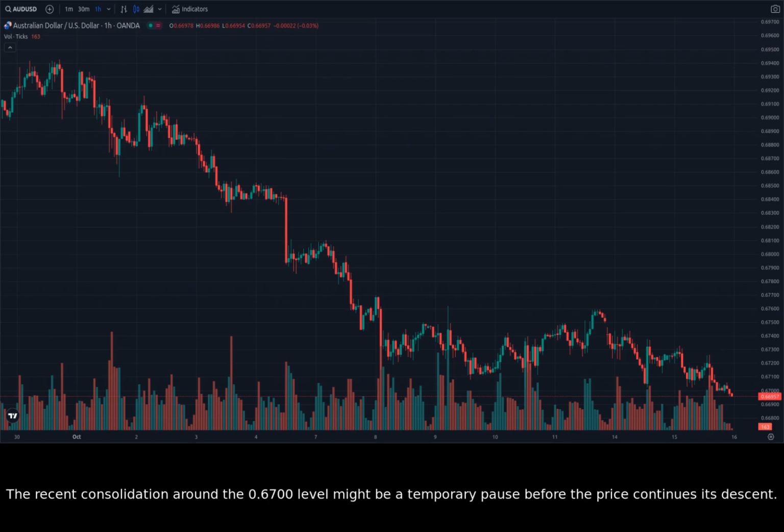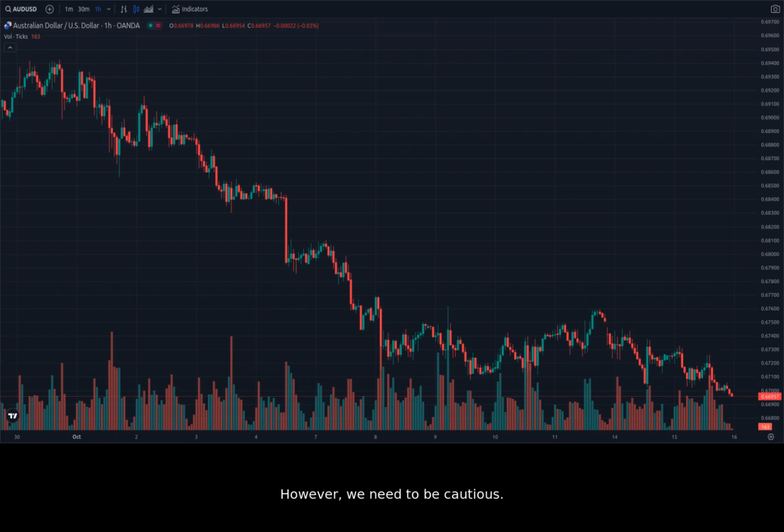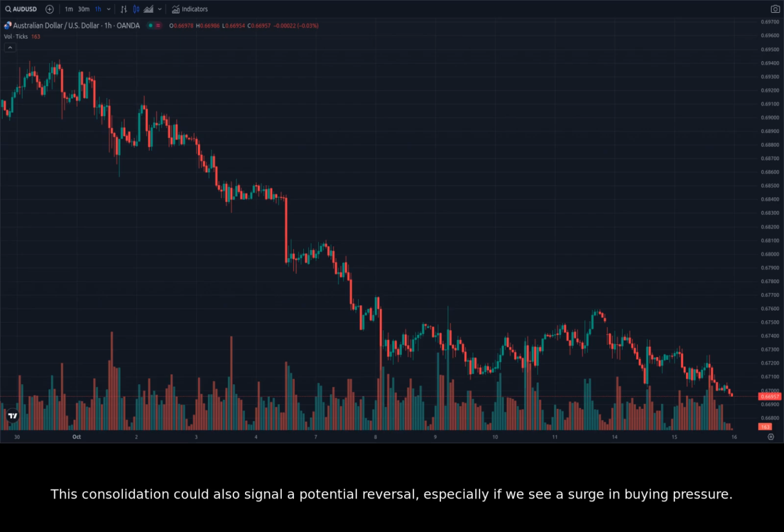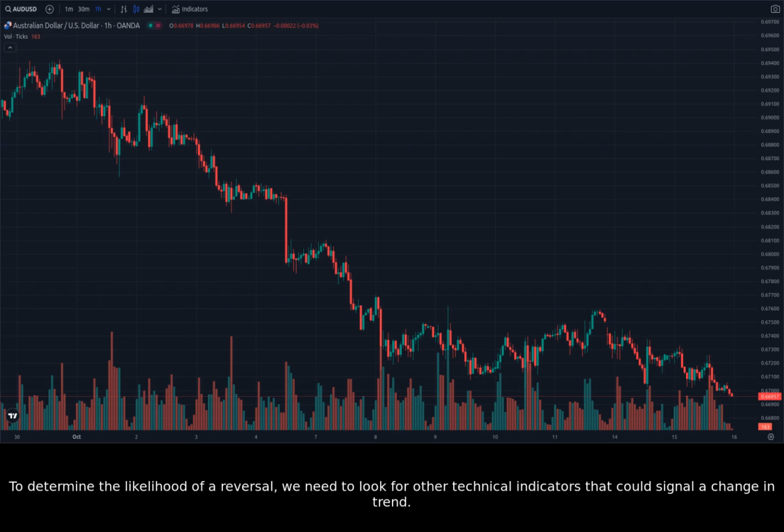The recent consolidation around the 0.6700 level might be a temporary pause before the price continues its descent. However, we need to be cautious. This consolidation could also signal a potential reversal, especially if we see a surge in buying pressure. To determine the likelihood of a reversal, we need to look for other technical indicators that could signal a change